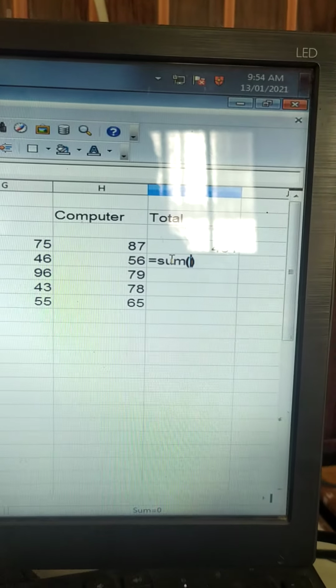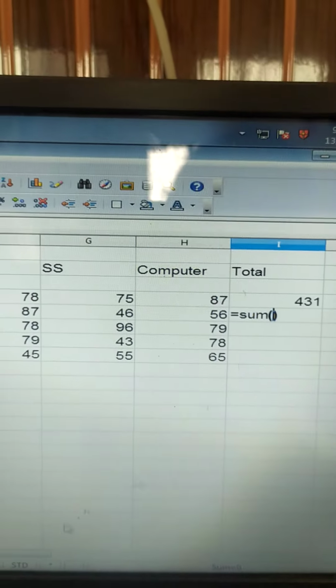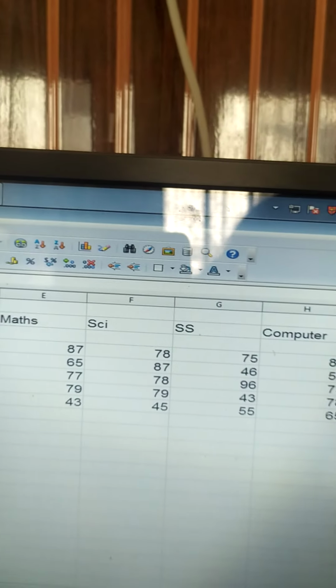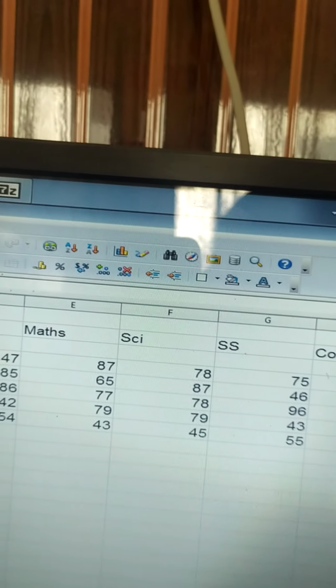In round brackets. What will you write in round brackets? क्या करोगे? ये first cell select करना है.